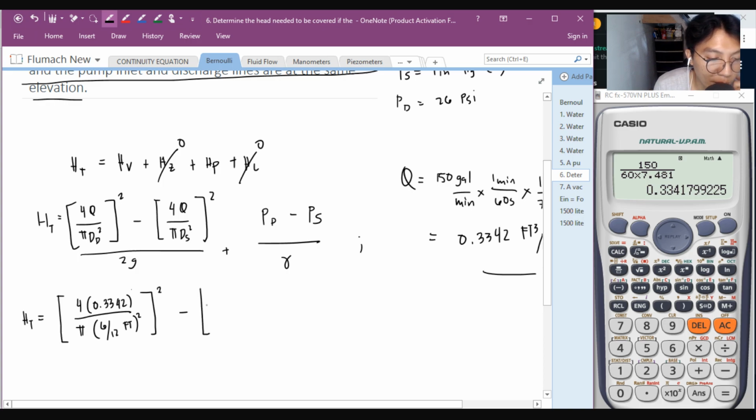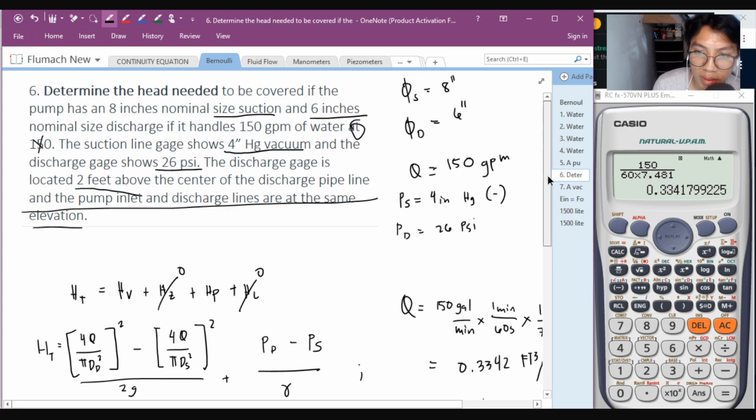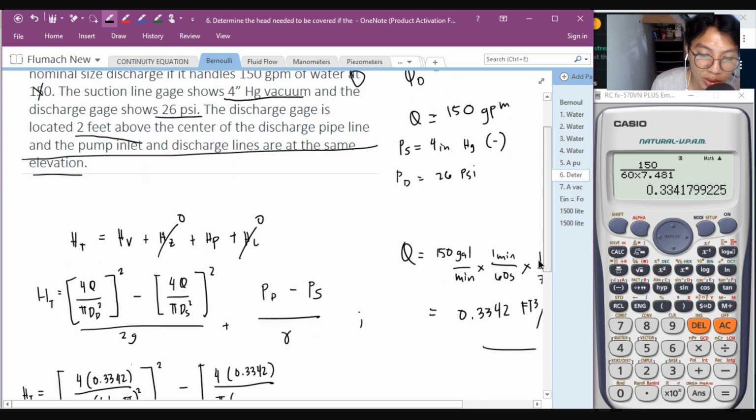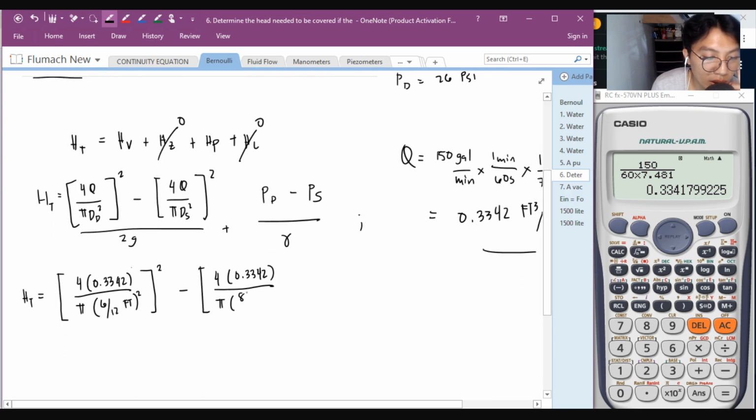Minus 4 times 0.3342 divide by pi over 6 ba talaga yun? Discharge 6. Suction is 8. Tama. 8 divide by 12 inch squared. Hindi, feet na yan eh. Squared. Tapos square mo uli yung value. Divide by 2 times 32.2 feet per second squared to